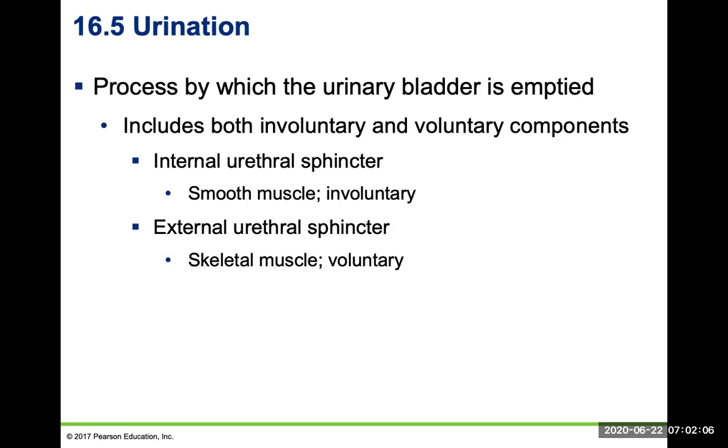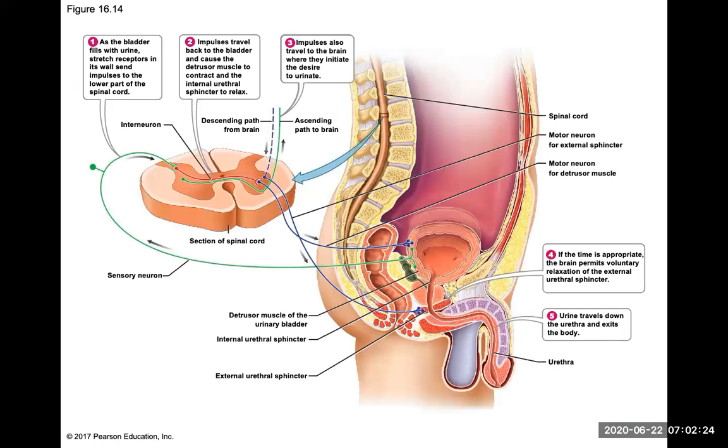Urination is the process by which the urinary bladder is emptied. It includes both involuntary and voluntary components. So some things you can control and other things you can't. The internal urethral sphincter is involuntary, but what you control when you go to the bathroom is the external urethral sphincter. So this just shows